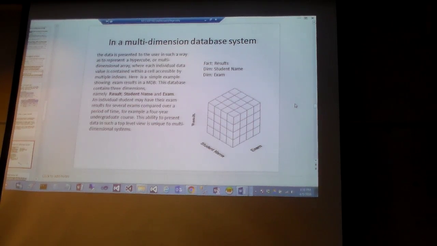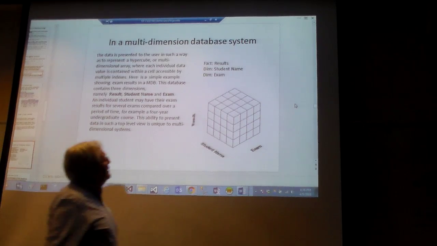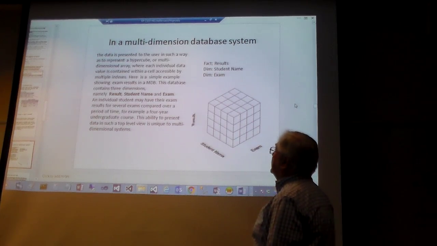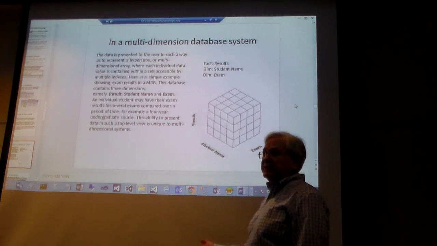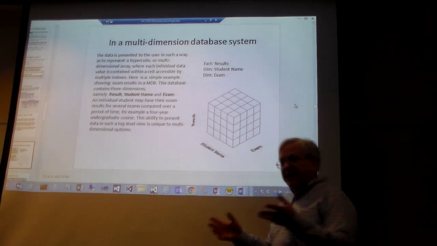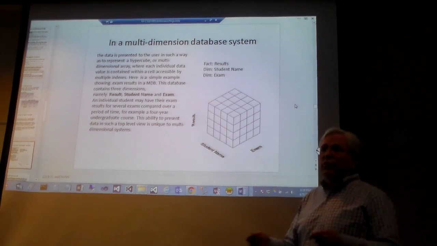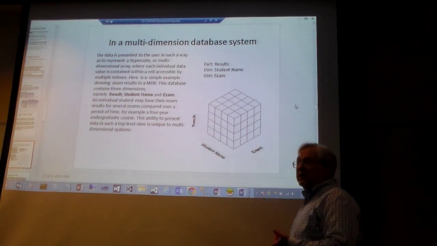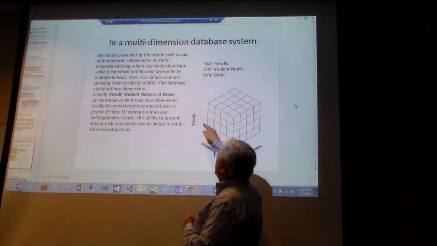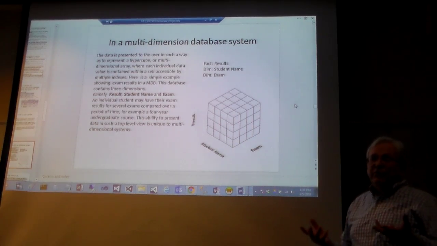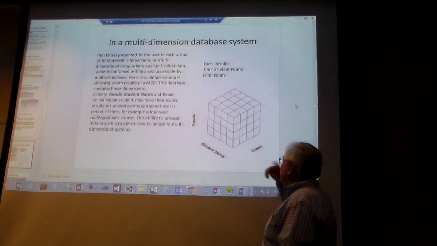So here's another picture of a multi-dimensional one. So imagine that you're keeping track of every time you have a test, what each student got, what their score was on each of their tests, okay? So the facts are, every time you're running a test, you're loading up the fact table with which test it was, was it exam 1, 2, 3, or 4, and which student it was, and what their score was. So now using that fact data, you can build a 3-dimensional cube, and now you can analyze and say,